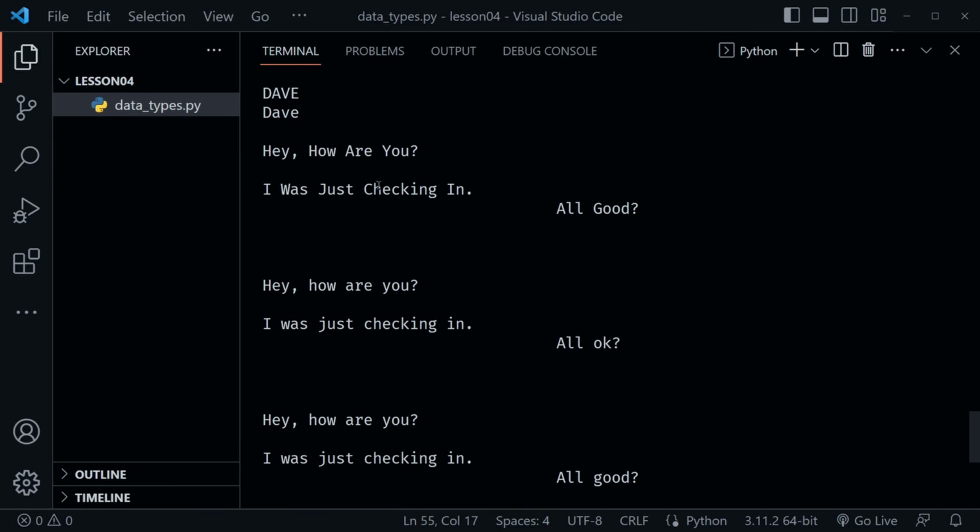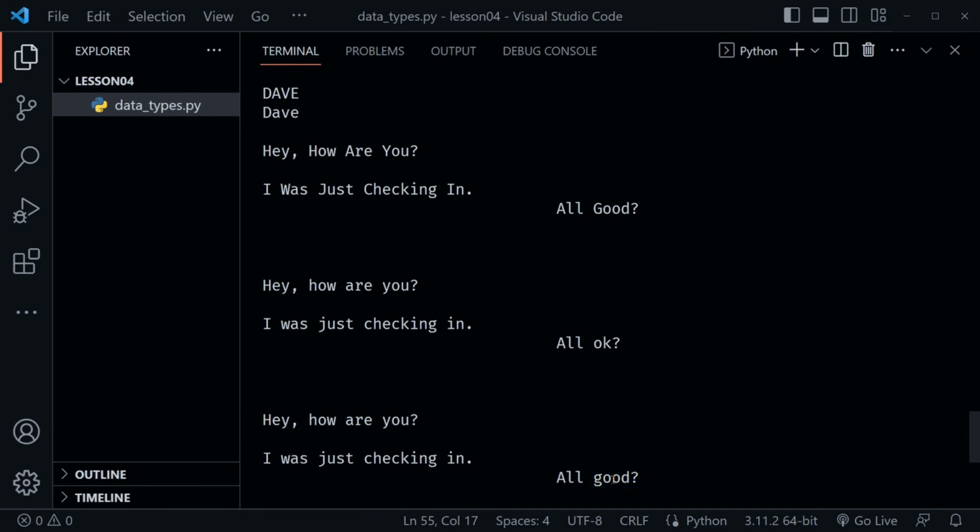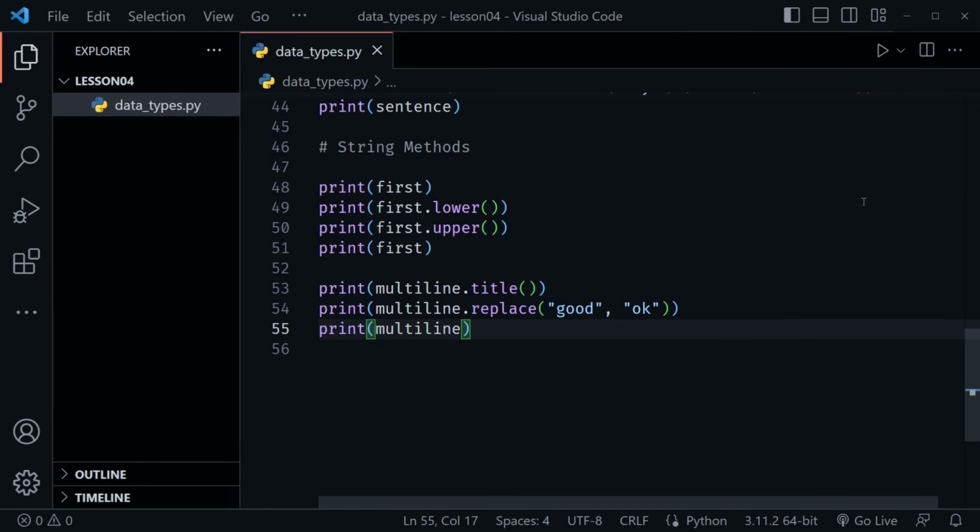So here was the version that has the proper case where we called the title method. So it says, hey, how are you? I was just checking in, all good. The second version used the replace method and we changed good to okay. And then finally, we printed the original version that you can see did not use proper case with the title method and still contains the word good. Now I'll go ahead and close out this terminal window for a moment,